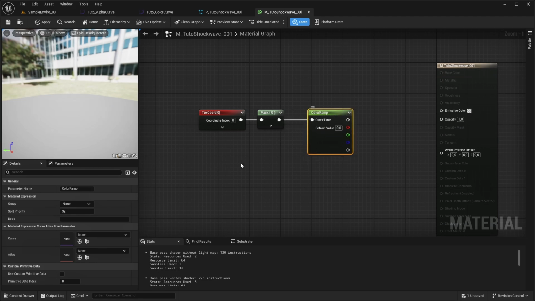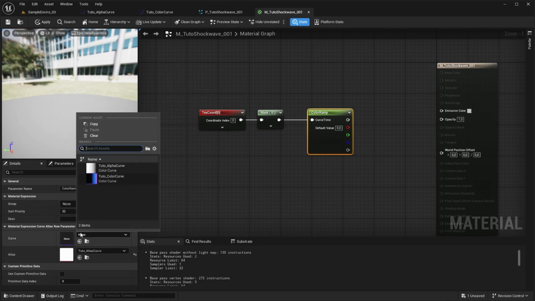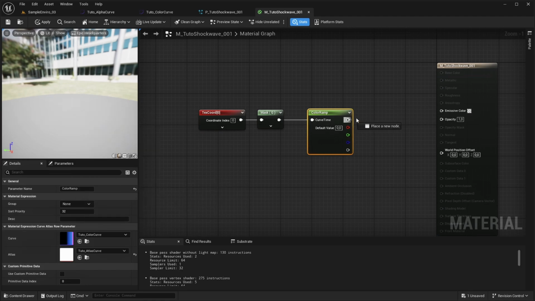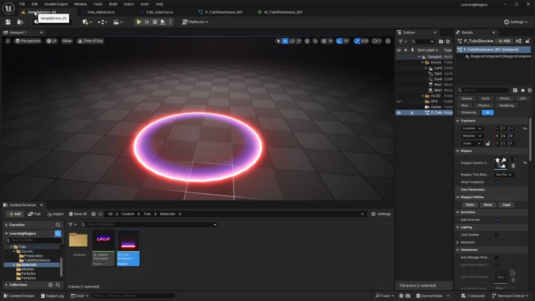And we'll have to select the atlas and the curve we want. So in my case, tuto atlas and tuto color curve. If we connect that to emissive and opacity, we'll see that we have something that looks like a basic shockwave and it's not moving.